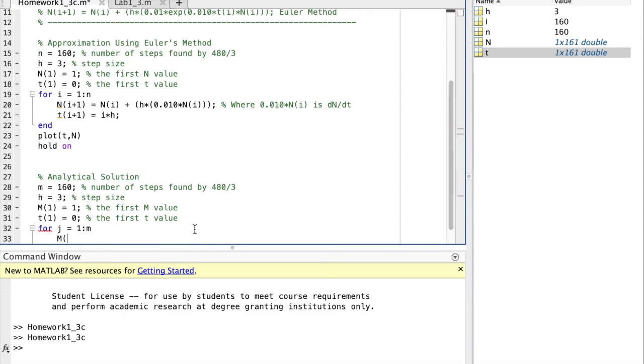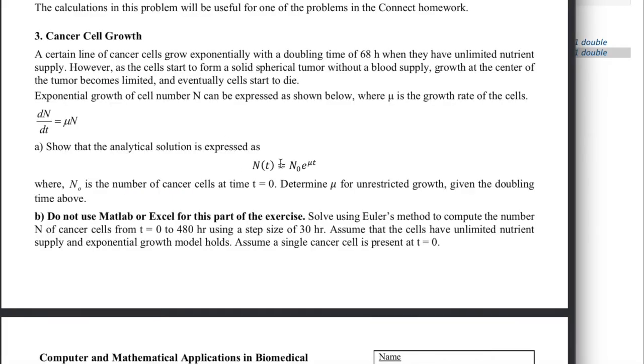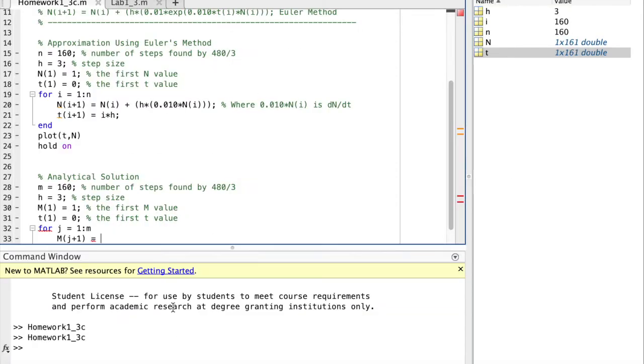So if we want to find the values for the analytical solution at different time points, we're going to use a similar notation where we're saying the new m value at each time point is going to equal, and if you recall, this is the equation we're going to be using here. So we are going to have m I times